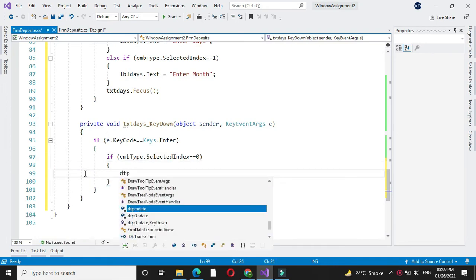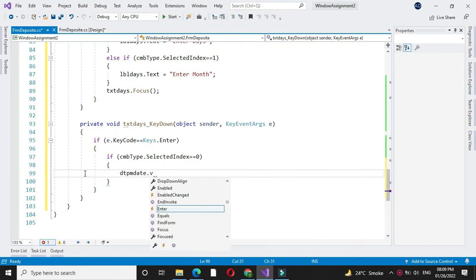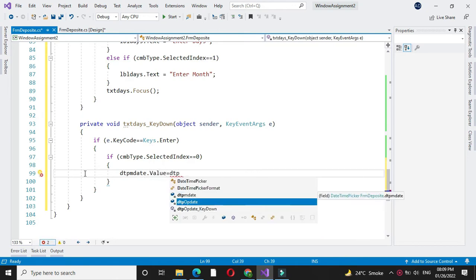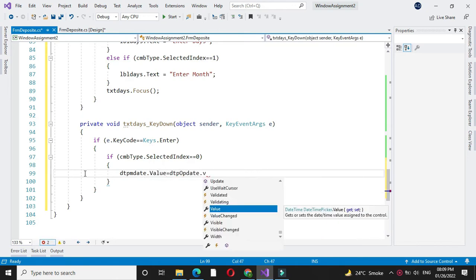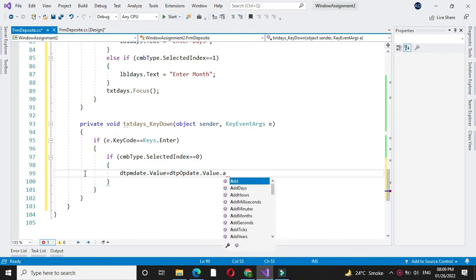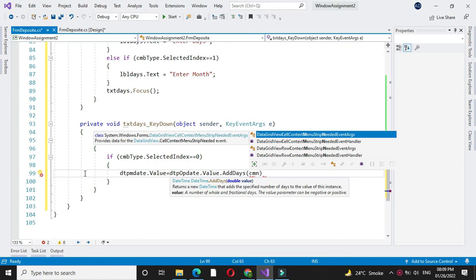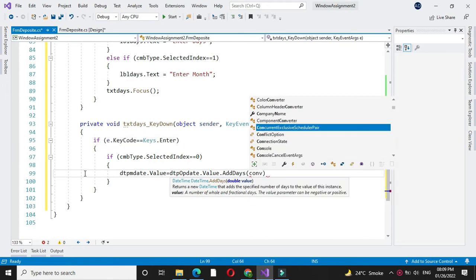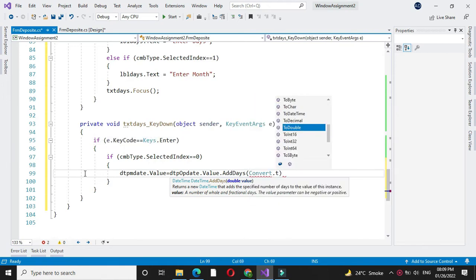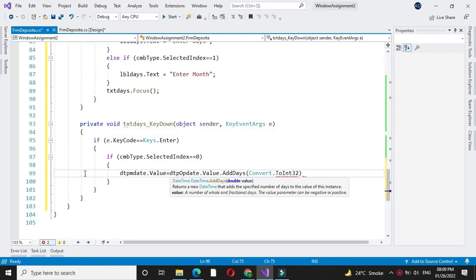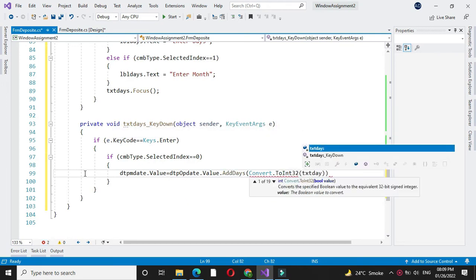So DTP M date dot value equal to DTP opening date dot value dot add days. Since duration is in days, we will add days, and here we will add the number of days by converting it. So convert dot to int 32 txt days dot text,